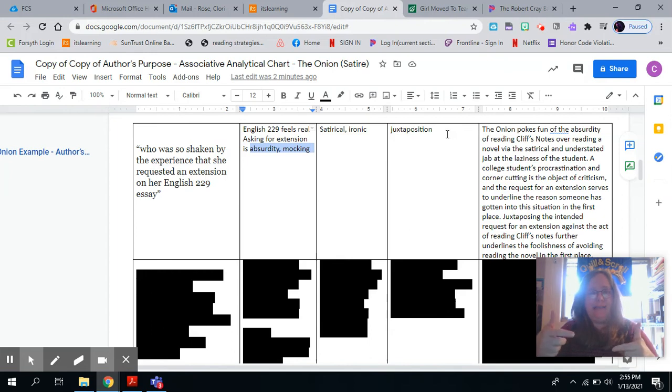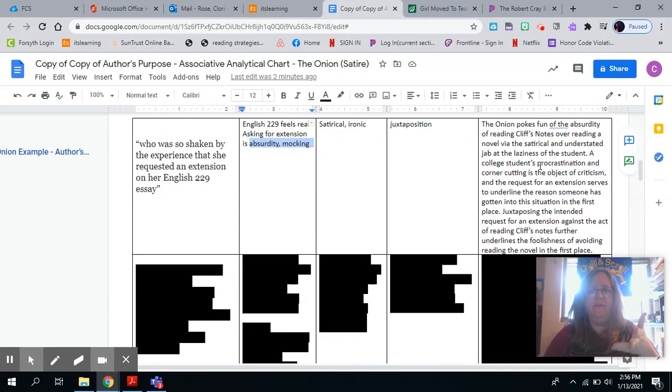And so asking for an extension on her essay, why? What's the reasoning for that? It almost juxtaposes the laziness again with, I guess, another human vice, which would be being late. Let's see, are there words? Well, there's lack of self-control for sure. There's a short-sightedness in that thinking because if you were to ask for an extension, but then write the paper using the Cliff's Notes, then, of course, you're kind of outing yourself as having done that.